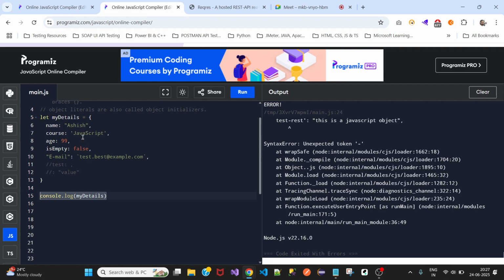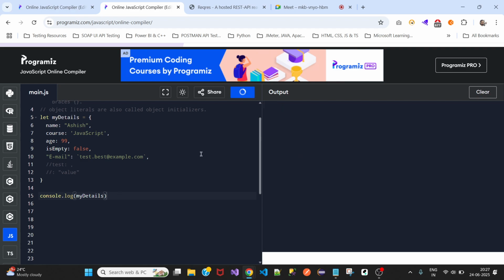Now, if I want to add something in this object, what I need to do is just say the object name dot, then I need to give the key. First I need to provide the key. What is the name of the key? Let's say lastName equals, as last name